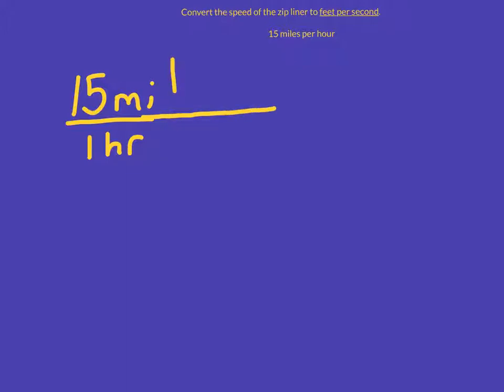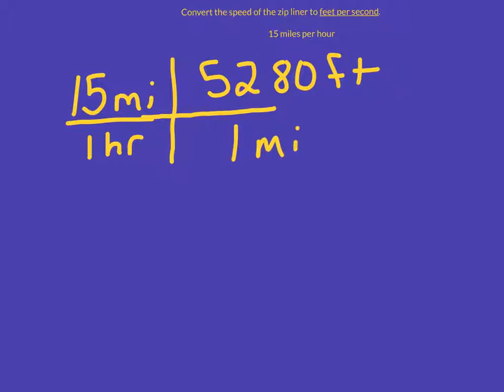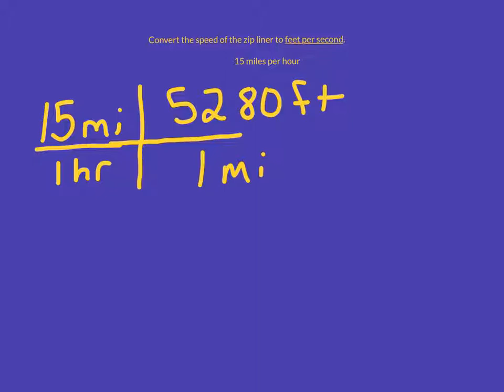That sideways T. And I'm going to need to look at my conversion factor, how many feet are in a mile, because I want to go from miles to feet. And there are 5,280 feet in 1 mile. And remember, I set them up like this because I want the miles to be across from each other, diagonal, so that way they'll cancel out. And will leave me